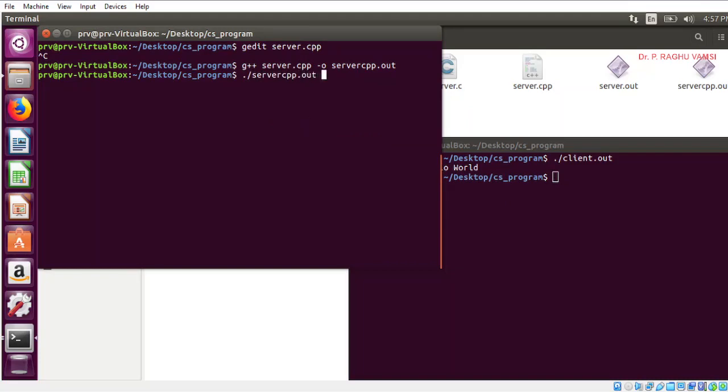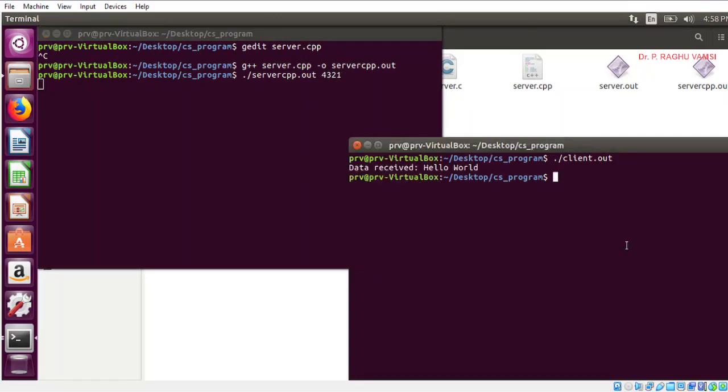Here you can write the port number, 4321 etc., whatever port number you want. If you don't mention any port number, by default 1234 will be taken. So what I'm going to do is use 4321 and press enter. So it is listening for the client.